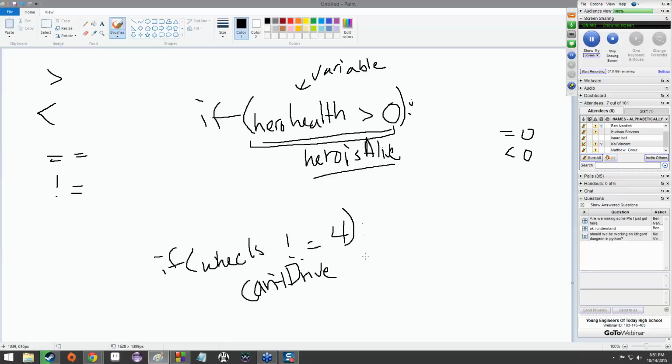B, wheels not equal to 4. You could have 1, 2, or 3 wheels, or you could somehow have 5, 6, 7, 8, 9, 10, 100,000 wheels. So generally, in this case, you might want to check and make sure that it's maybe less than 4, and set it up so it's not possible to have more than 4 wheels. But anyway, that's the idea. These if statements, yeah, 18-wheeler, there you go.